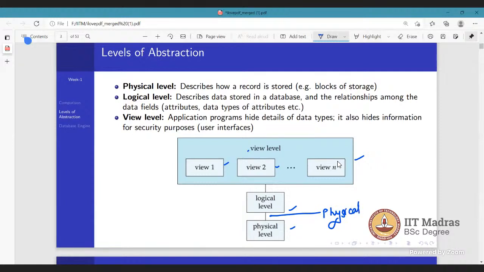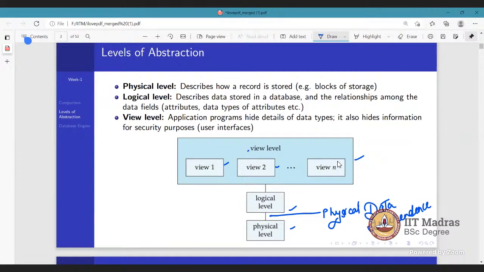Who asked for physical data independence? Yeah, me. My name is Madhav.